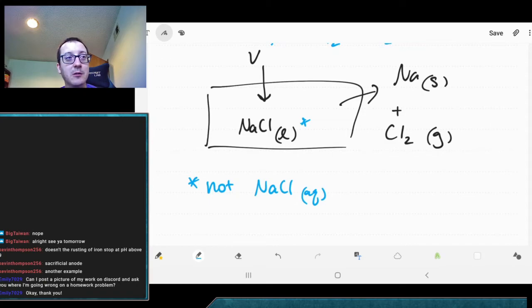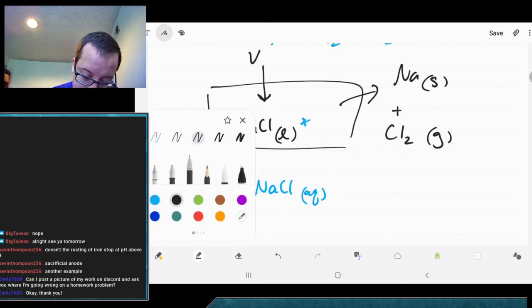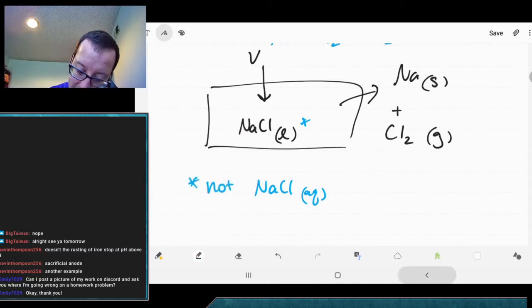And so as a result, if you want to separate an ionic compound, typically you have to use it in the molten state, that is anhydrous. So you don't have water being broken down. Instead, you want your ionic compound being broken down. So we can't use the aqueous version because